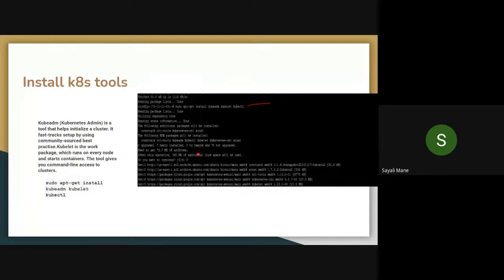After that, it will ask, do you want to continue? Please type Y and then wait for a few minutes. Why do we need to install this command line? Because it gives us access to the clusters.